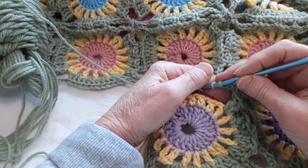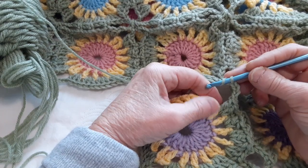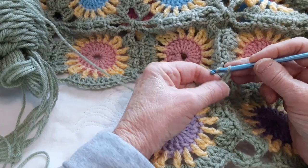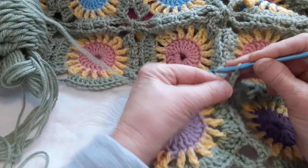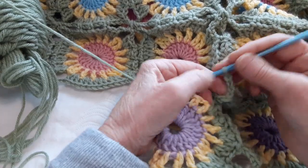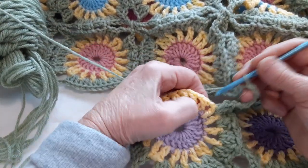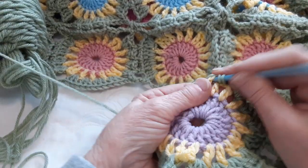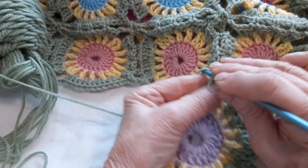Okay, so now, because of the way this one's put together, we had 2 sides to put together. So we're at the corner where we did a chain 3. We're going to do a chain 3 to get us back down to our one that we're adding. So we've got chain 3, skip a yellow, do 3 doubles,